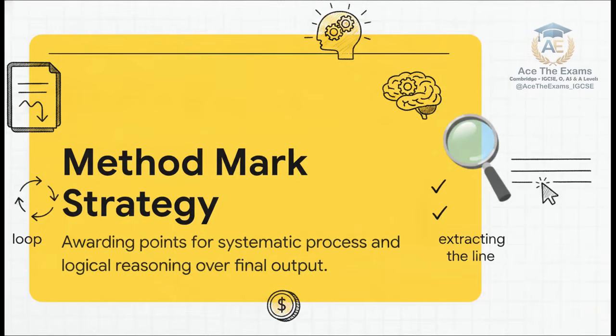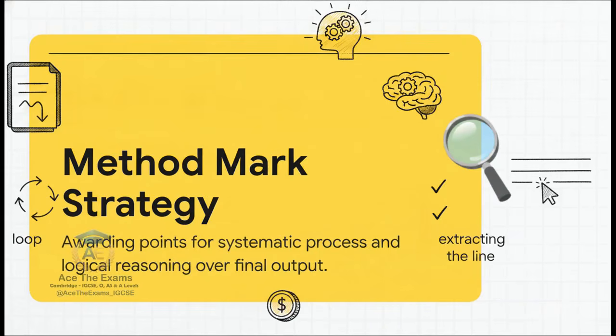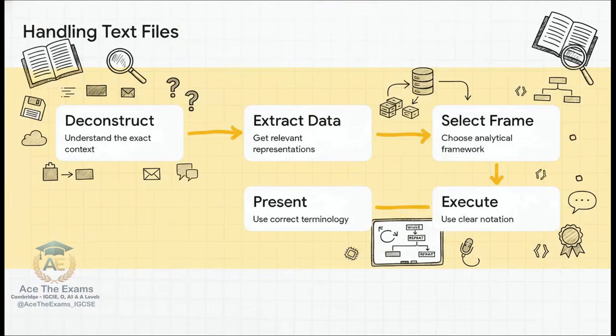All right, this is where we shift our focus to the actual step-by-step strategy for tackling past paper questions. Let's talk about the method mark strategy. The absolute crucial point here, and honestly, this should relieve a ton of anxiety for you, is that examiners award points for your systematic process, your clear notation, and your logical reasoning, not just the final output. Even if your final algorithm has a slight syntax error, if your logical process for opening the file, initiating a loop, and extracting the line is clear, you are actively securing method marks. You are literally getting paid for your thinking process. And here is your ultimate blueprint for doing that. This 5-step standardized sequence